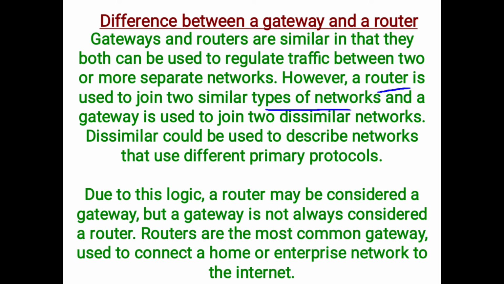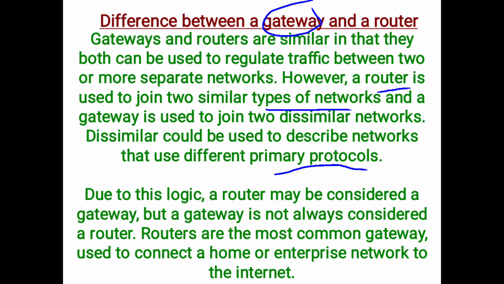The best example: everybody is using a router in the home, because in your home connection all the computers are working on the same IP address. But when you go beyond the home connection, your IP address will change, and the network which is not in the home premises has a different IP address. So there the protocols differ. As soon as the IP addresses change, the protocols will also change. In that case, you require a gateway.